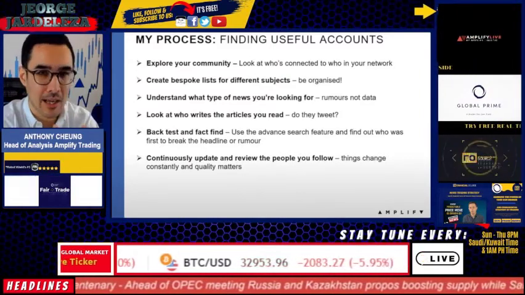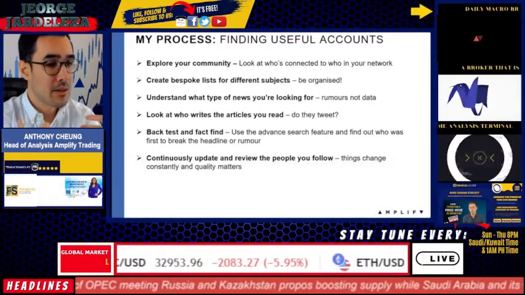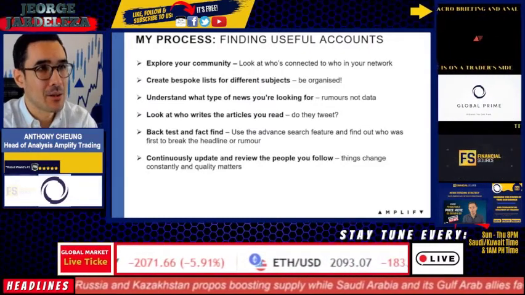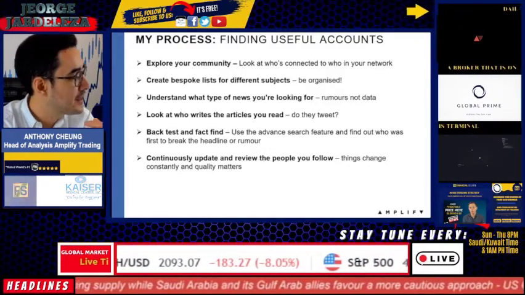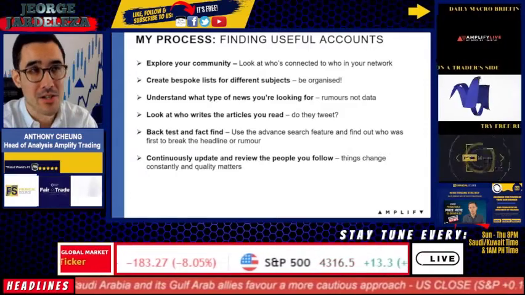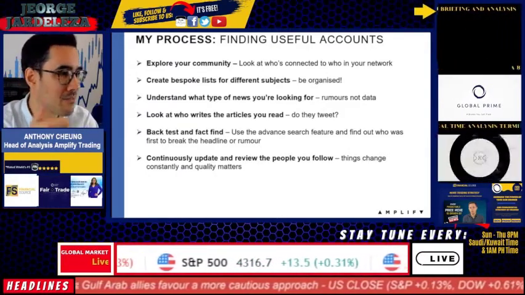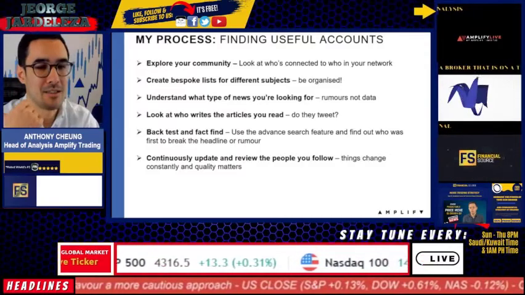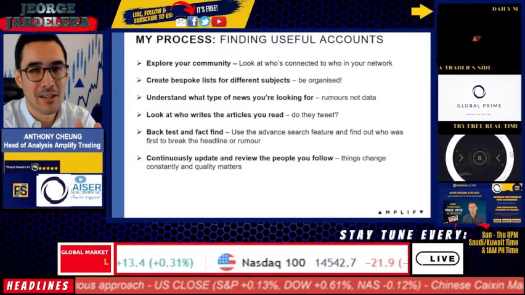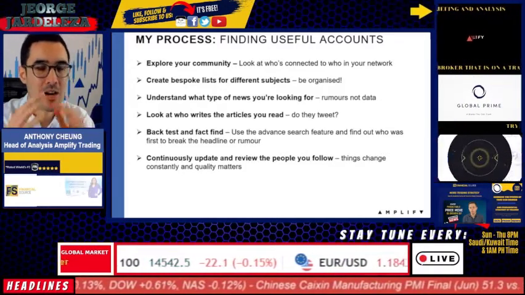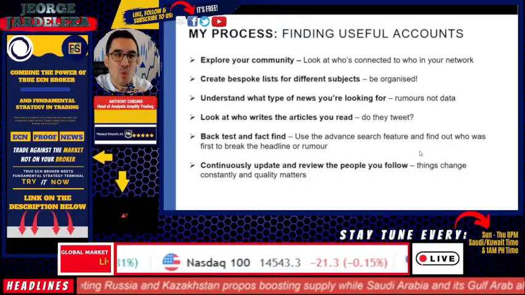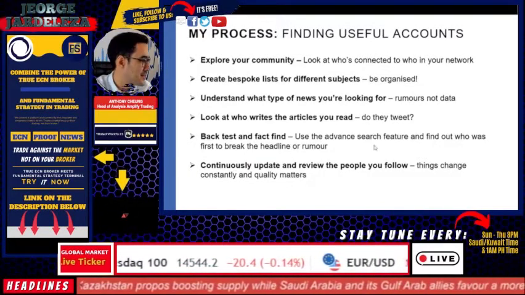It's an evolving thing. There are new people coming into the market, adding value. There are people who are already there who are not tweeting enough, who are just cluttering your feed. Subject matter in the market is changing, whether it's Turkey, whether it's inversion of the yield curve, whether it's the repo rate spike that we had in 2019. You want to be altering the feed to reflect the macro hierarchy of the subjects that are moving markets. So change constantly. Quality over quantity is what matters when it comes to this.